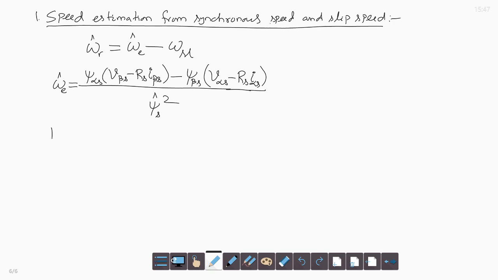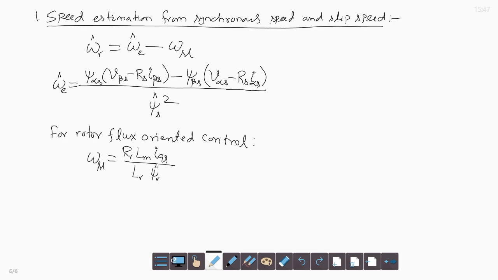And for rotor flux oriented control, the slip speed omega SL we have derived, it is RR LM into IQS by LR into psi r hat. So, slip speed is estimated for this using this equation for rotor flux oriented control, and for stator flux oriented control